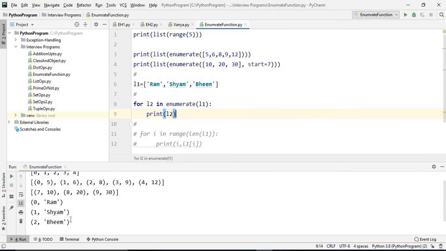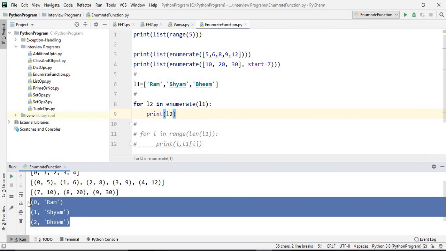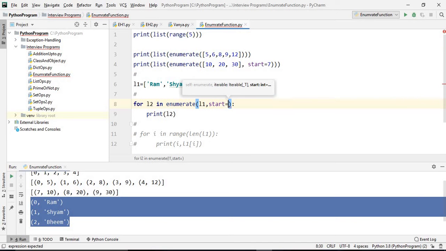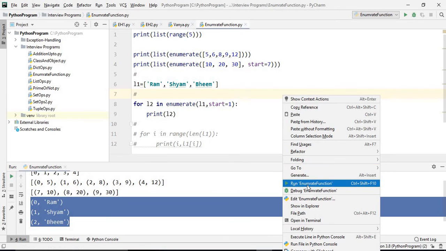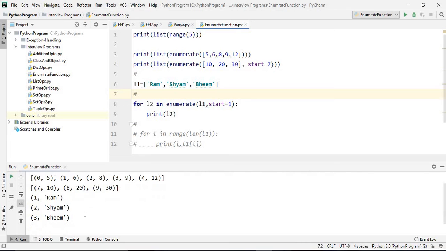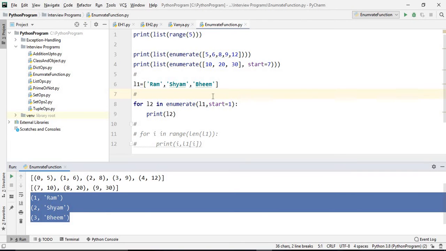See, by default it is giving 0, and see, if we give start equals to, let's suppose, 1. Okay, so it will start from 1. See, 1 2 3, 1 2 3.